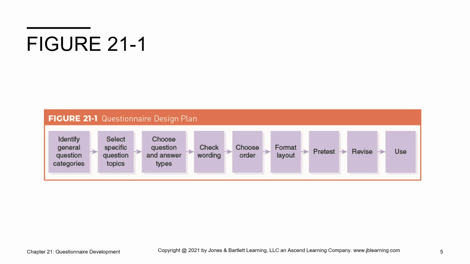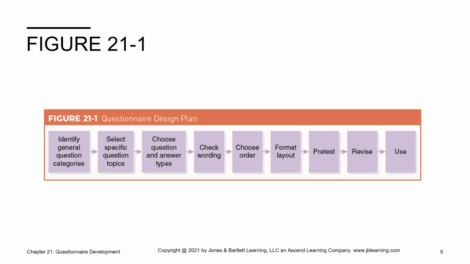Then you would come up with the specific question and answer types. So do you want to lay these out as an open-ended question? Do you want it to be where people pick a response? So it's more like a checkbox, a multiple choice categorical question. Then you want to check your wording, check the order of the questions, and you decide how you want to